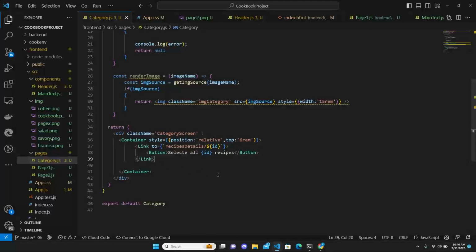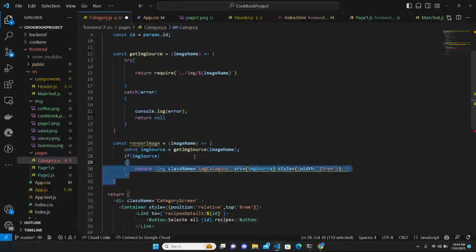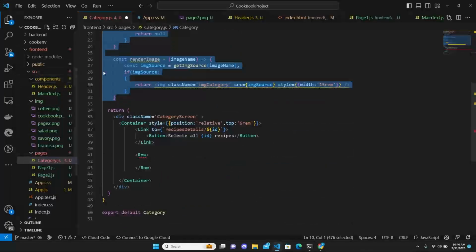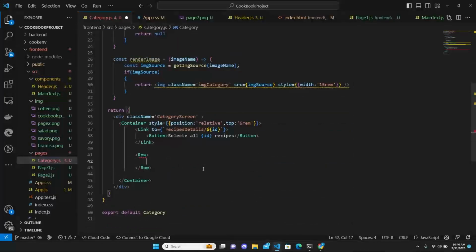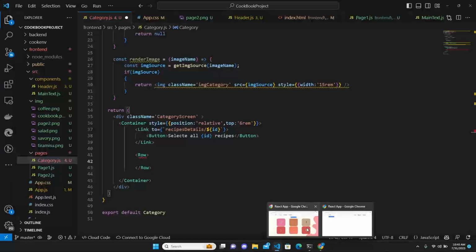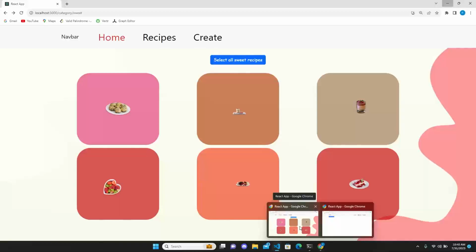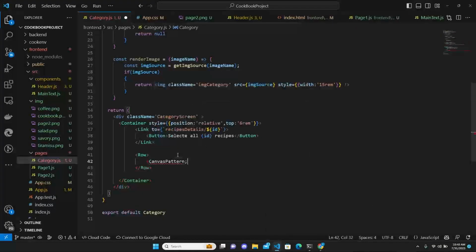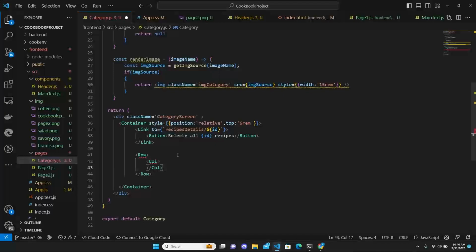After this button, we want to have a row, and now you are going to understand why we made these functions. In the first row, I want to have, let's say, 1, 2, 3 columns. I'll write the first one and then copy and paste the other ones. This one is going to have a style of display flex,